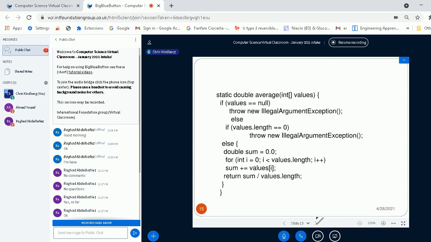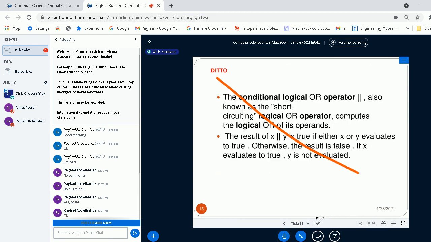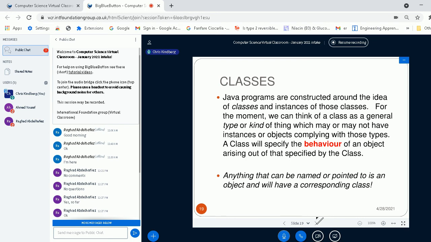So I'm just going to skip the next few slides, and we get to what's very important, which is to really understand what a class is, and to be able to feel happy with using classes and creating instances from classes.